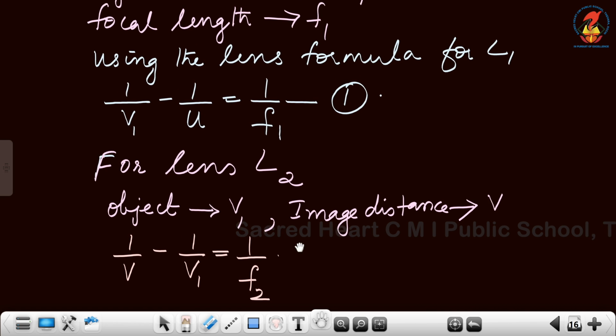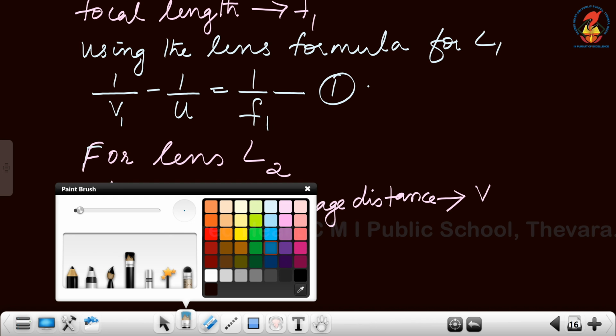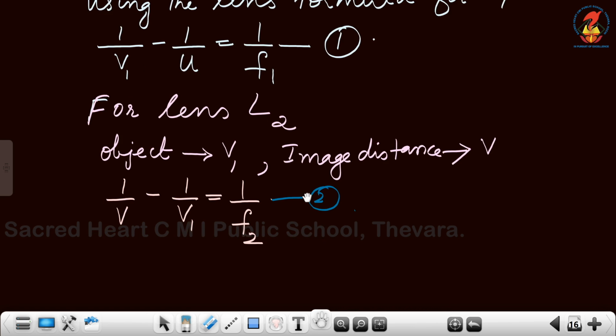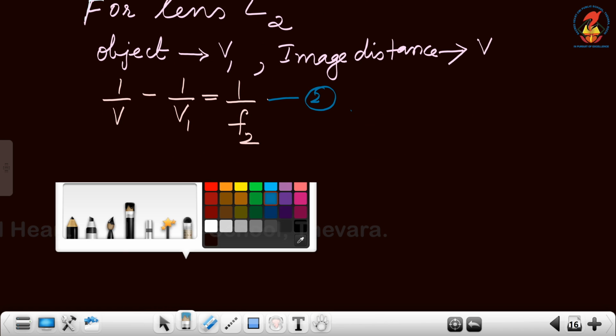This is equation 2. So combining equation 1 and 2 we get